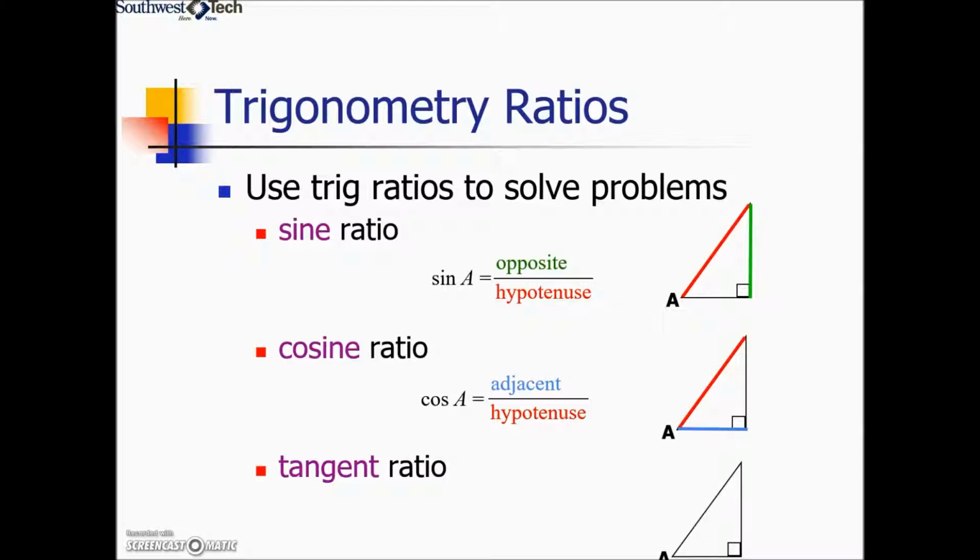The third possibility is that we're given the 2 legs of the right triangle, and when that information is given, we have a third ratio that we will use. The tangent of that acute angle is defined by taking that opposite side of the acute angle over the adjacent